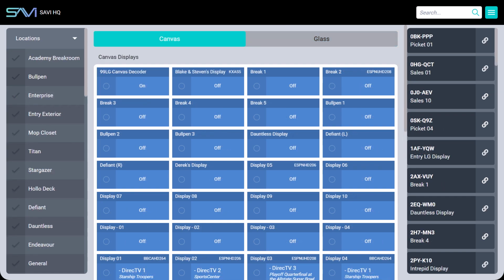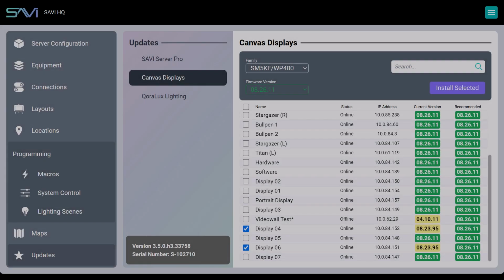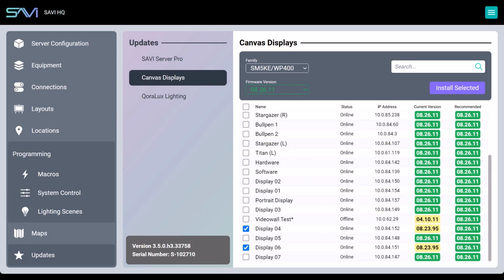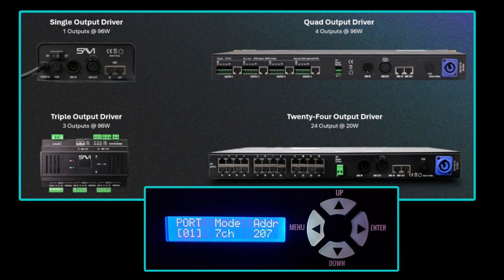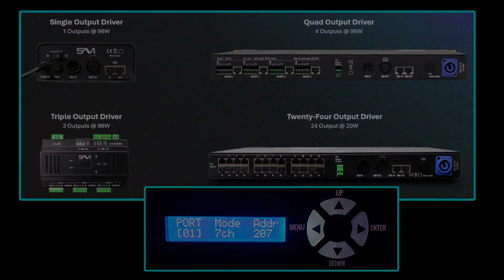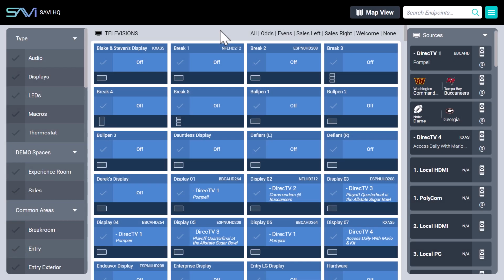Once the webOS displays are all linked, you can visit the Updates page in Creator to verify that the most current firmware is installed on them. If necessary, select all displays that need to be upgraded, and SAVI will go through the process of upgrading each automatically. Before continuing, make sure that all your SAVI lighting drivers are also physically configured with the correct DMX channel info. Now that the core components are all configured, it's good to conduct a preliminary test to ensure basic functionality